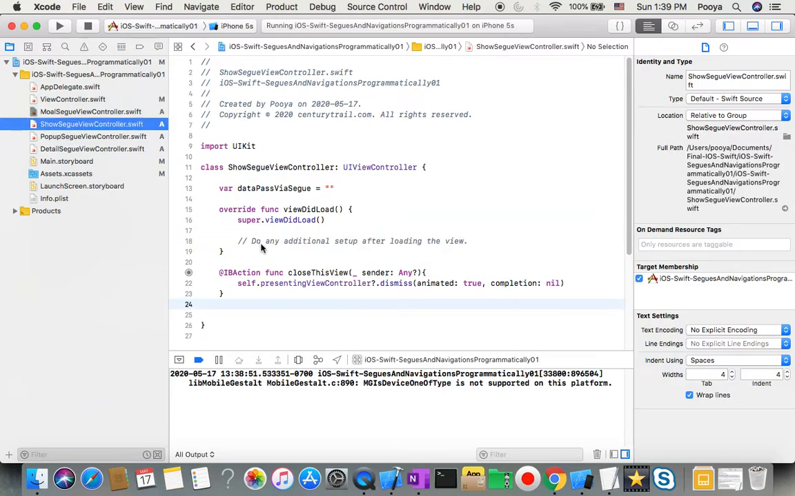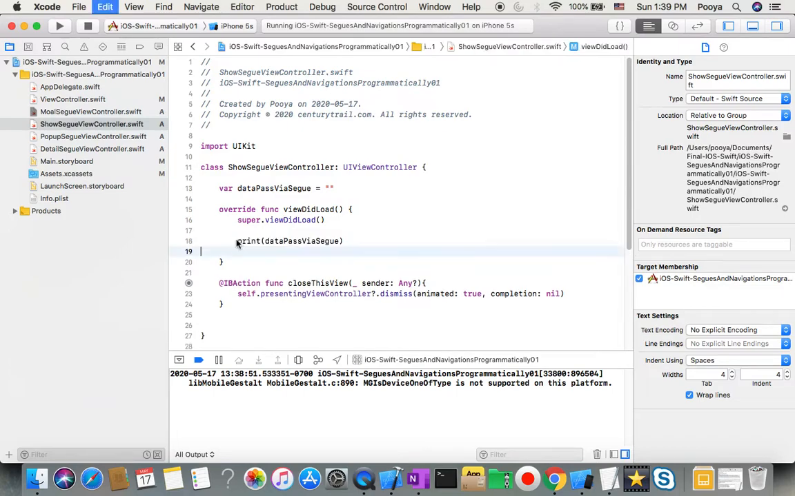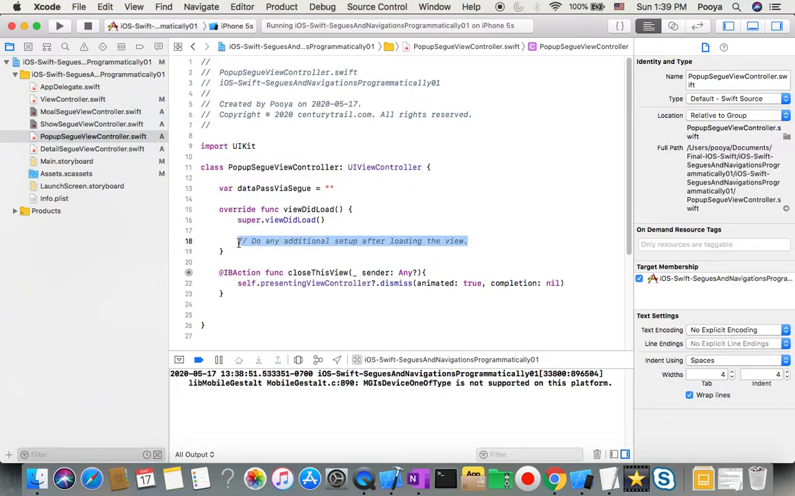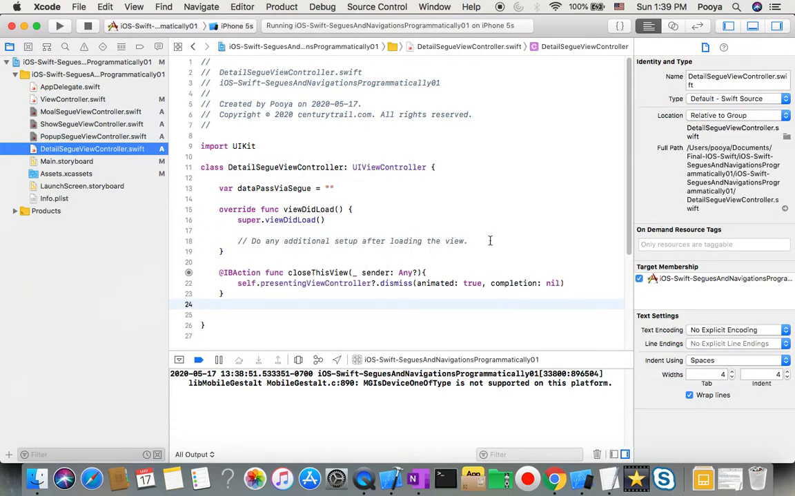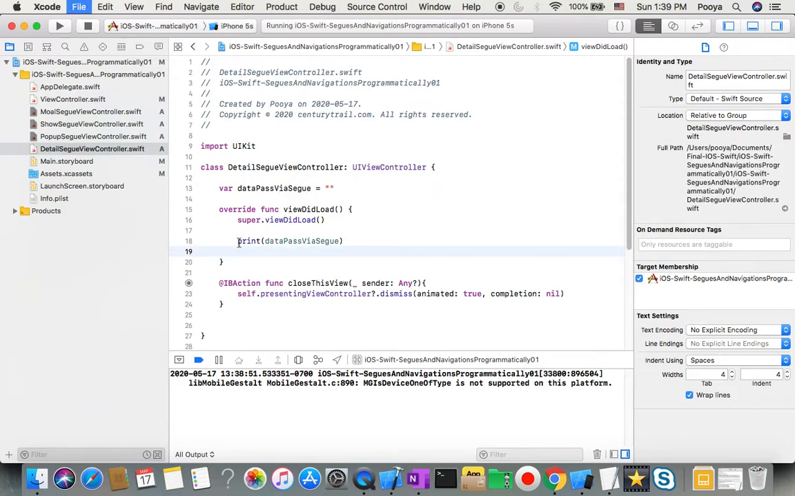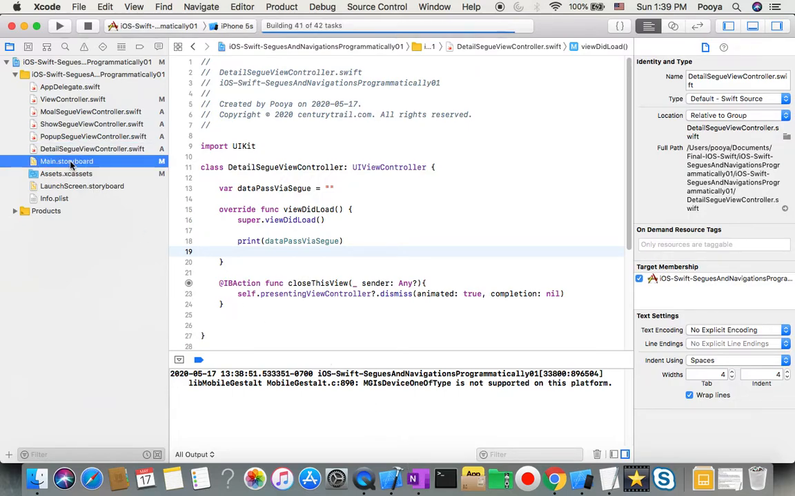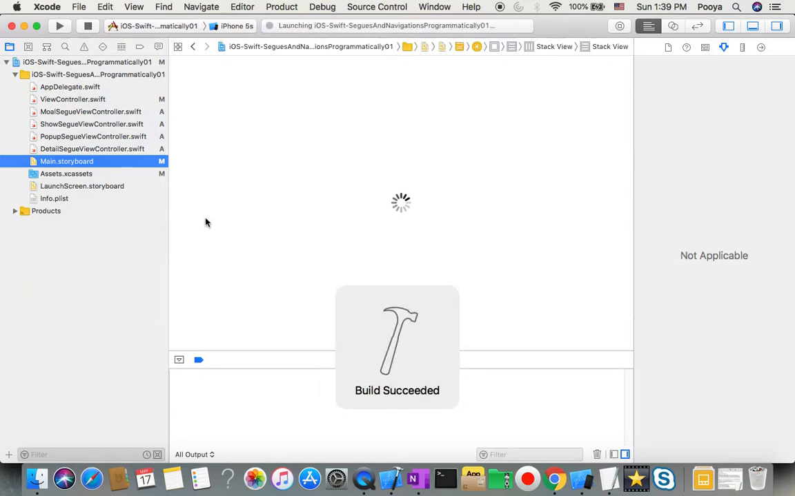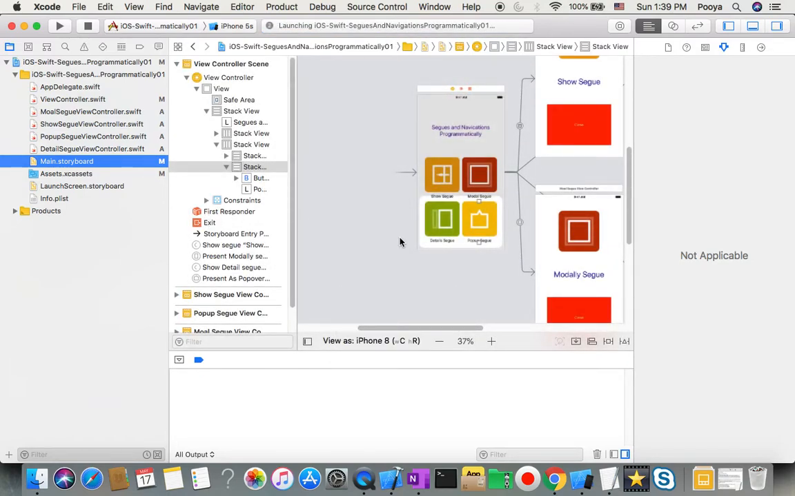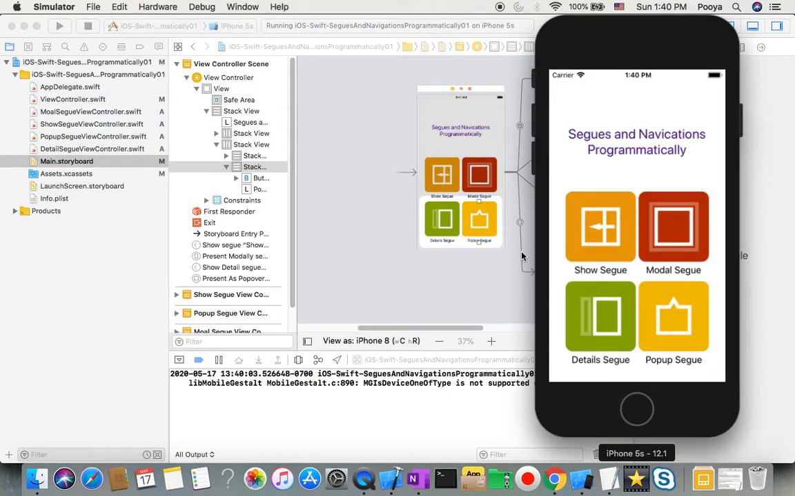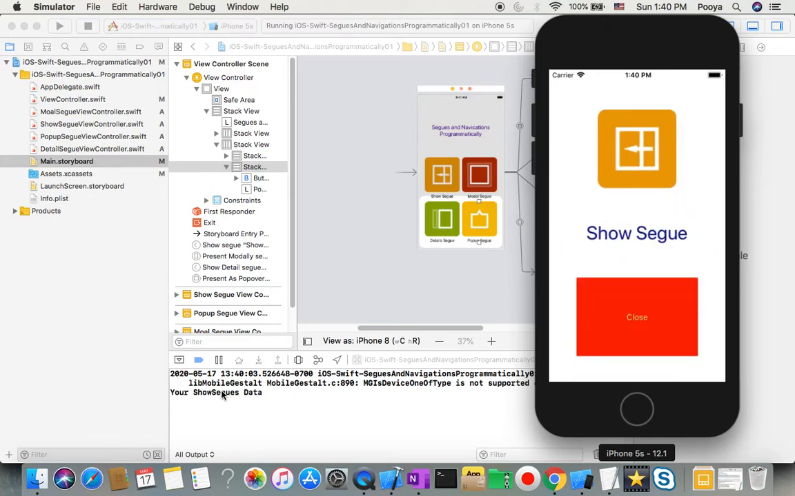Command C, come here, Command V, Command V, and Command. So fine. So what we did now, we use Segue for navigation between views, and we use program to do part of the job. Here, yes, you see show,